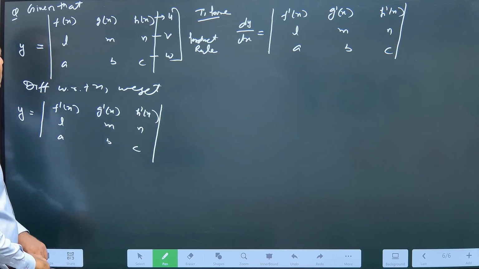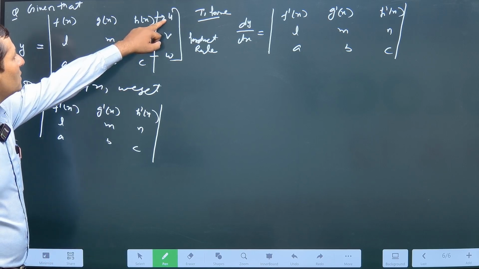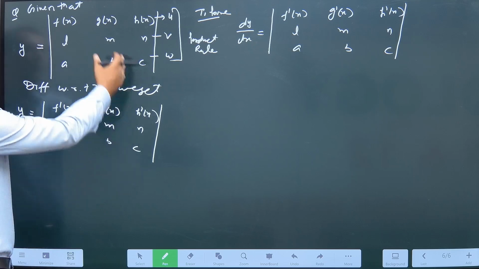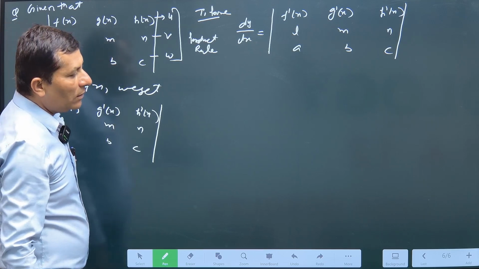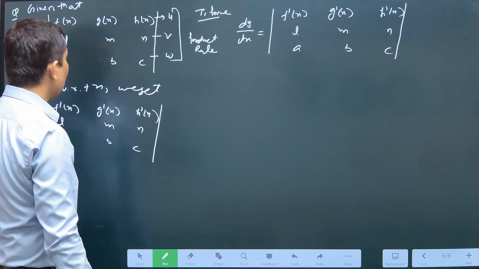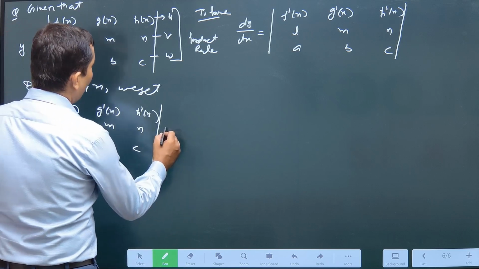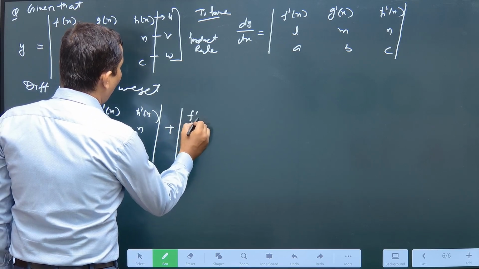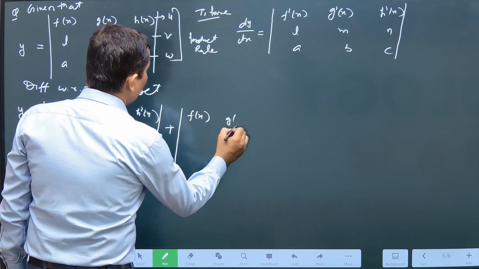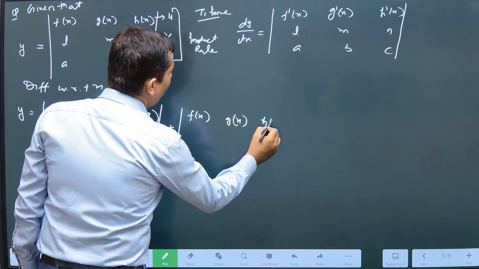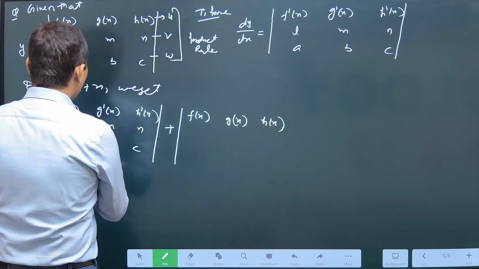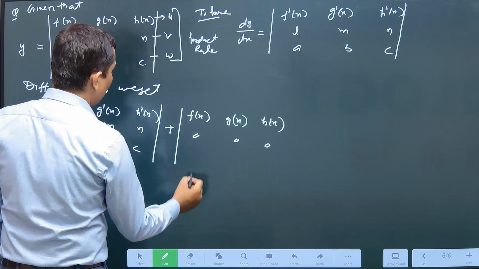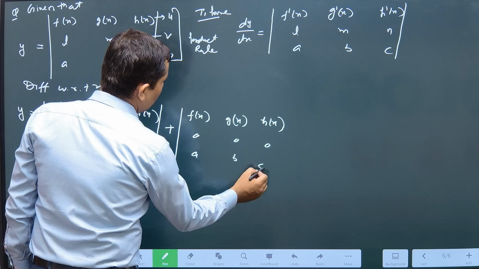Clear? Derivative of this into v into w. Rows and columns are equal, it is a square matrix, in square determinant form. u of x, g of x, h of x, derivative 0, derivative 0, derivative 0, then a b c